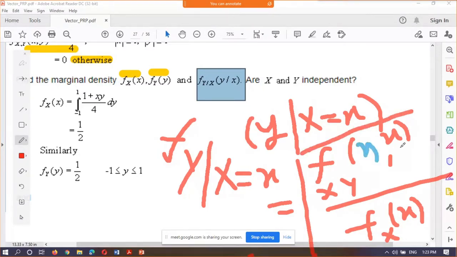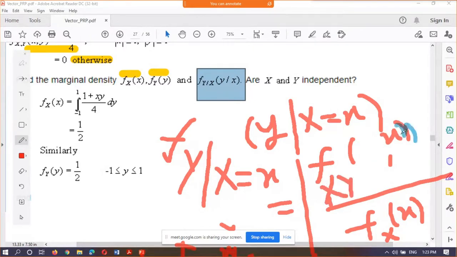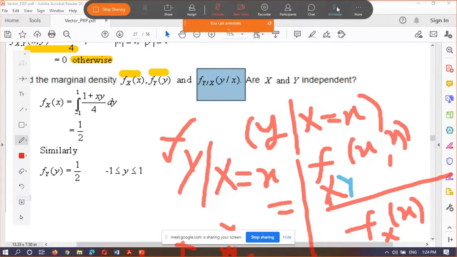So either I write here y x, if I write it that way then I have to write y first and then x, because it's an intersection of these two events, f of x y. Or you can write x y also, but if you are writing x y, then you change like this, here x and here y, so that it is clear to you that the first variable corresponds to x and the second variable corresponds to y. So we'll see this one.